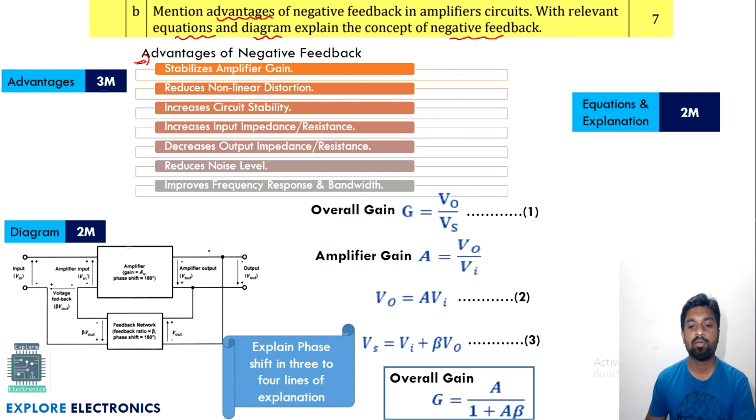diagram or circuit with expressions and an explanation. Otherwise, first explain the negative feedback completely and derive the expression for overall gain, since they have asked you to write the equations also. Then come back and write the advantages. No worries. But here the advantages carry 2 to 3 marks and diagram and the expressions carry 2 to 3